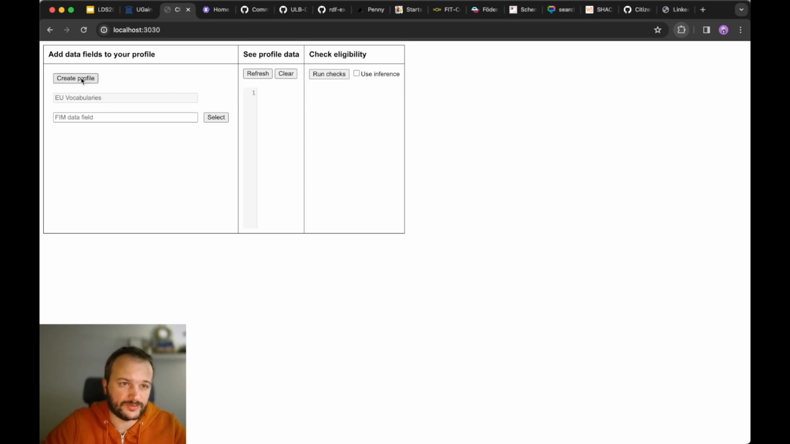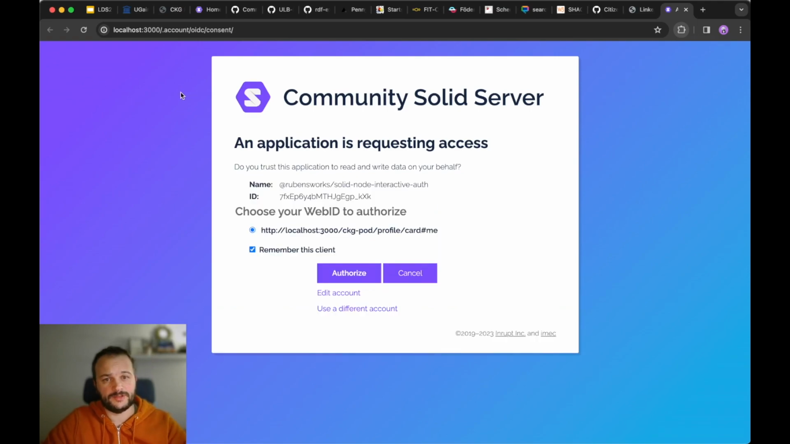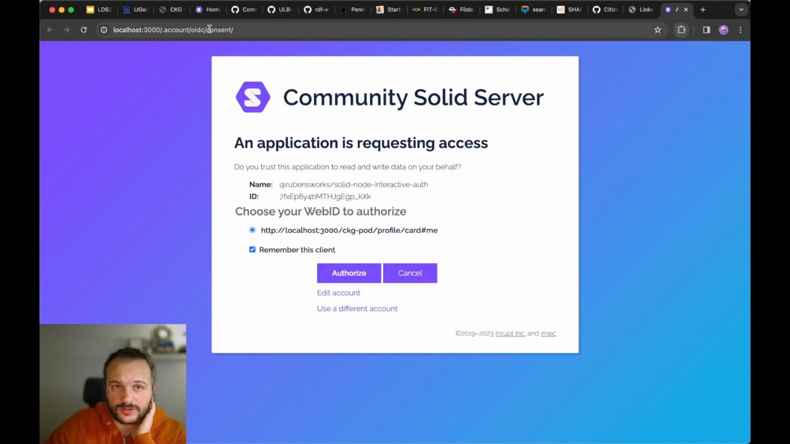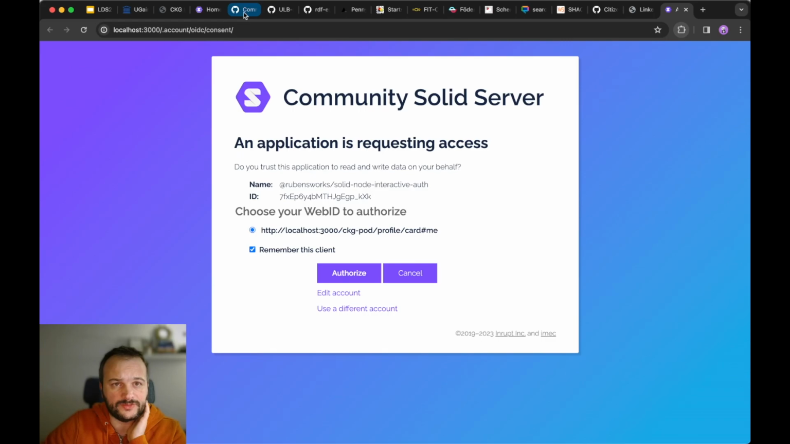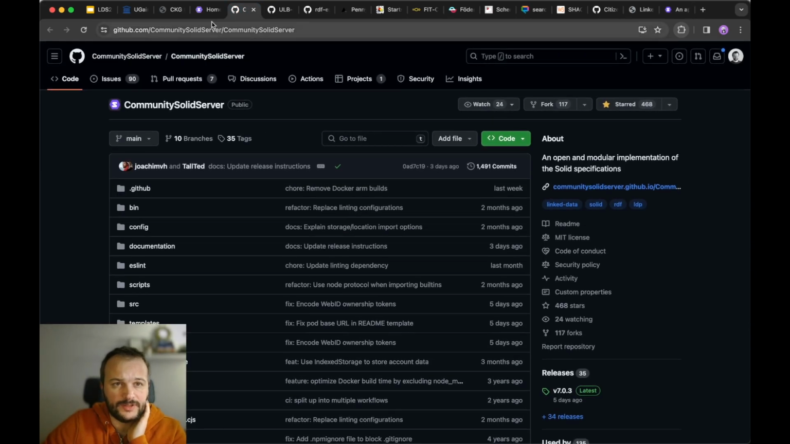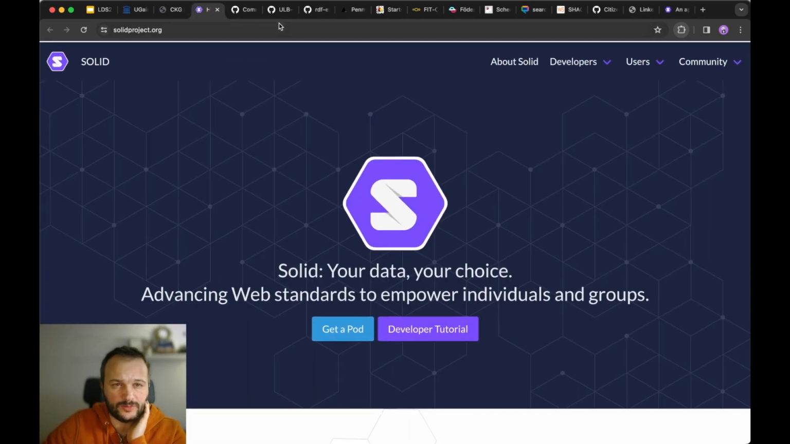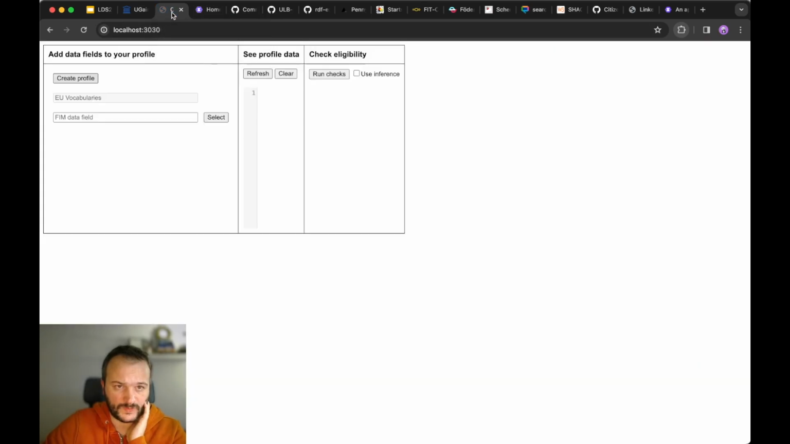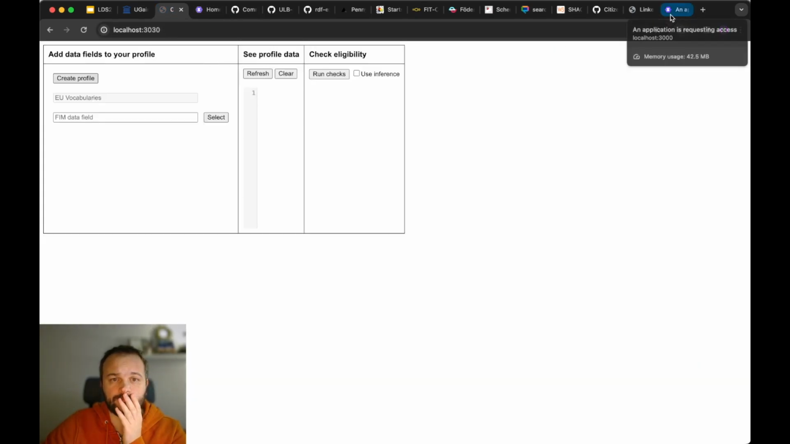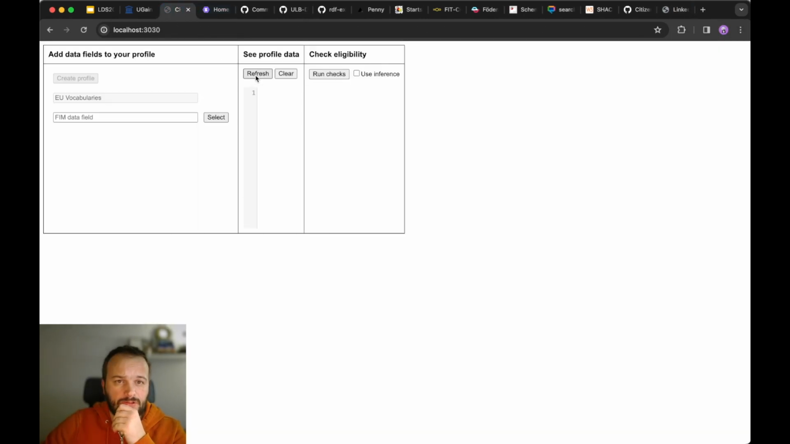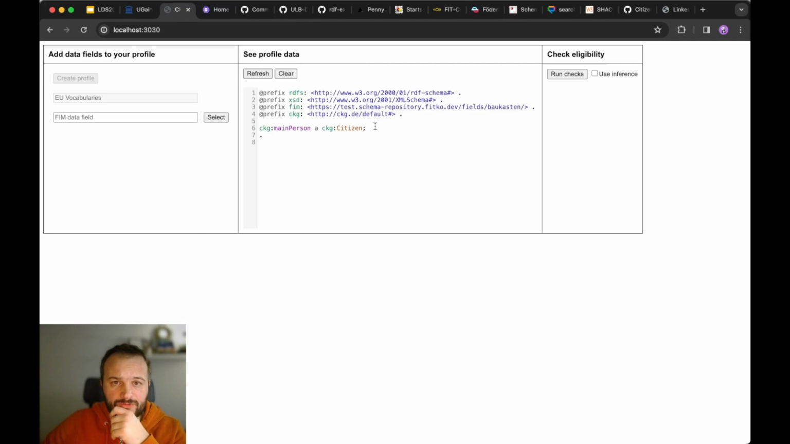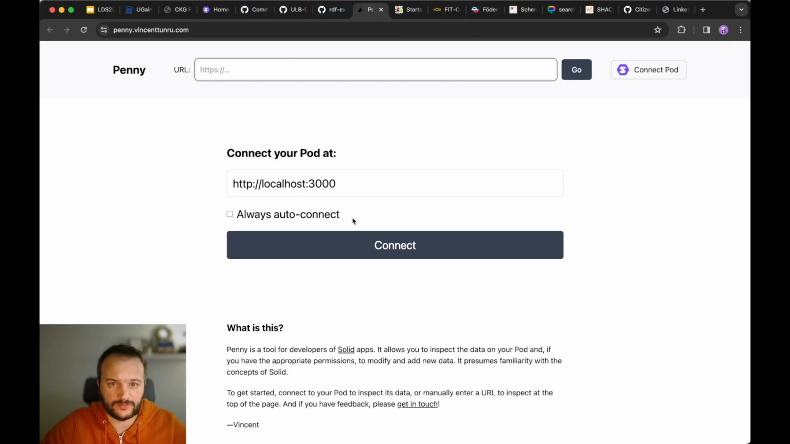So let's start by creating a profile. I have a local instance of a Community Solid Server running. This is the Solid project, and I have to authorize access. And now we have our first triple here in the user profile. We can also check this out with Penny,